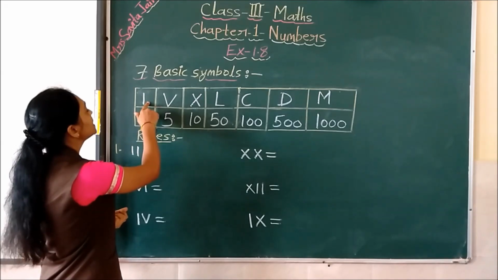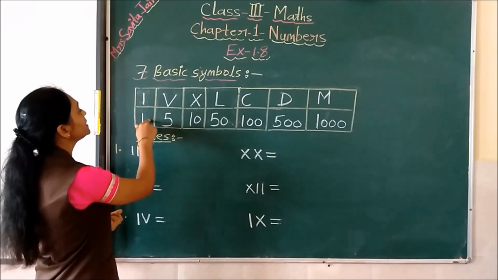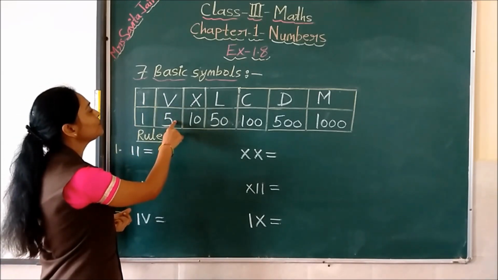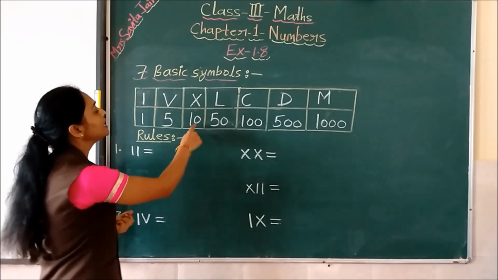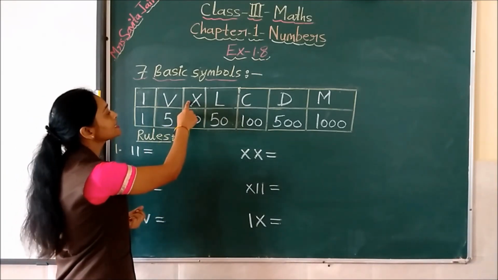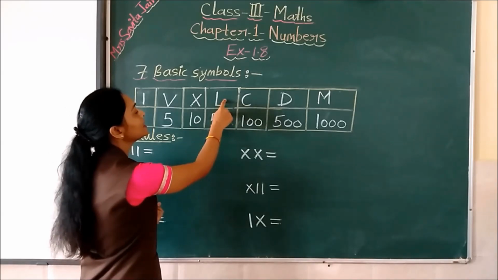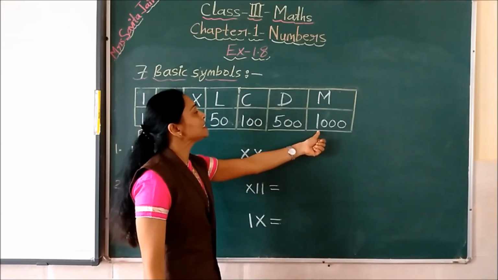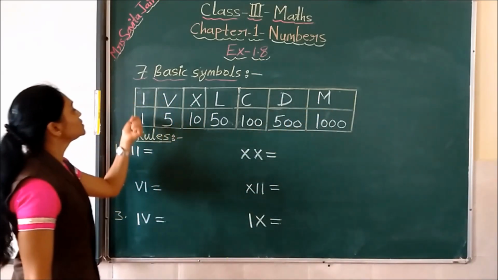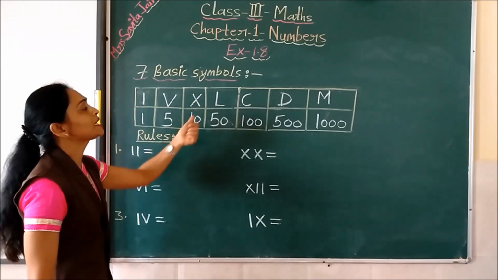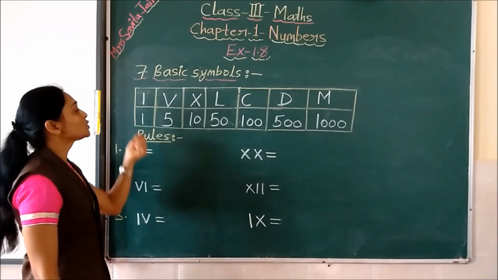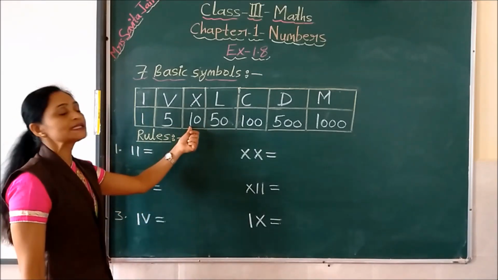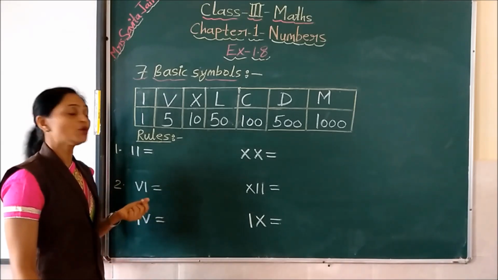So first we will see this 1 is written how in Roman numerals. This is I, capital I. Then 5 we can write as capital V. Then 10 can be written as X. Then 50 can be written as L, 100 as C, 500 as D, 1000 can be written as M. Yes children. So these are 7 basic symbols which can be learned by heart so that we may write all Roman numbers easily. These are the basic symbols which will be used to write Roman numbers.